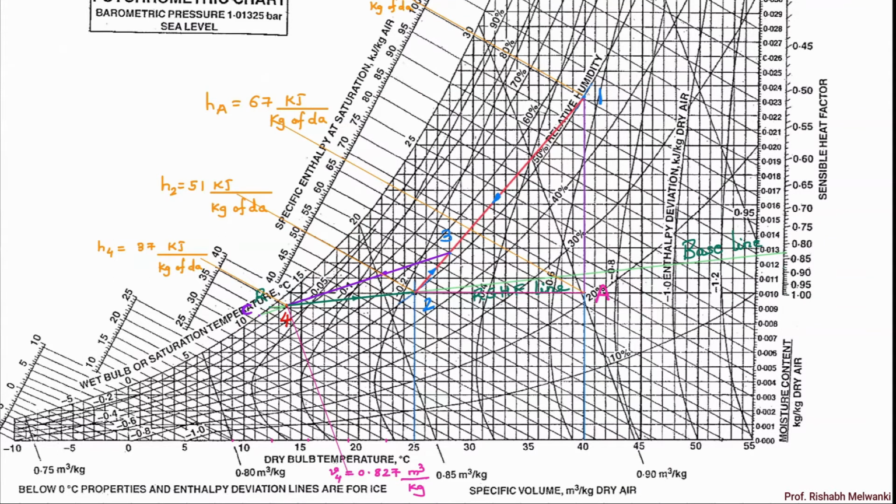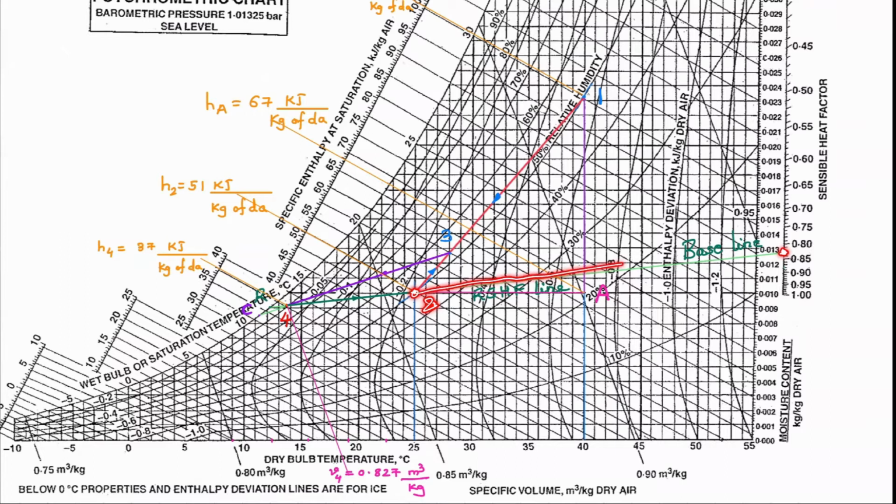Now next, we can mark outside condition. Okay, then we can mark inside condition or room design condition. Then using mixing proportion, we can get point number 3. So I have marked point number 3 over here. Then what we can do, we have value of room sensible heat and room latent heat. So we can calculate room sensible heat factor. That factor we have to mark on sensible heat factor scale. Draw line joining RSHF value and alignment circle. Now alignment circle and point 2 are same in this numerical.